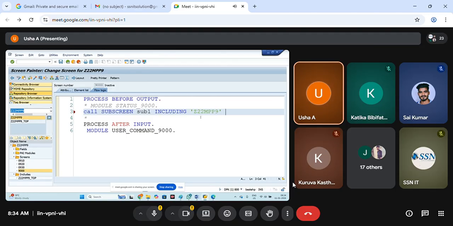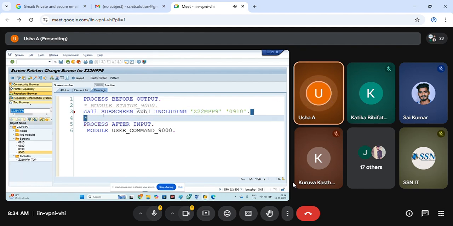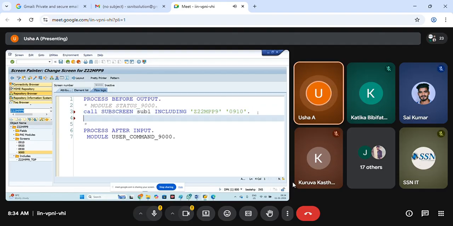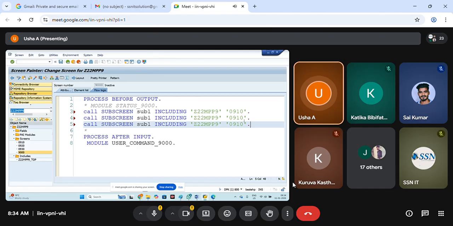Under that, what is the screen number? 090, sorry, 910, right? 910. So whenever sub1 is calling the subscreen, call this program's subscreen. Why are we giving the program name also? The subscreen number is enough, but it means we can call subscreens from other programs also. That's the reason we are giving it here.